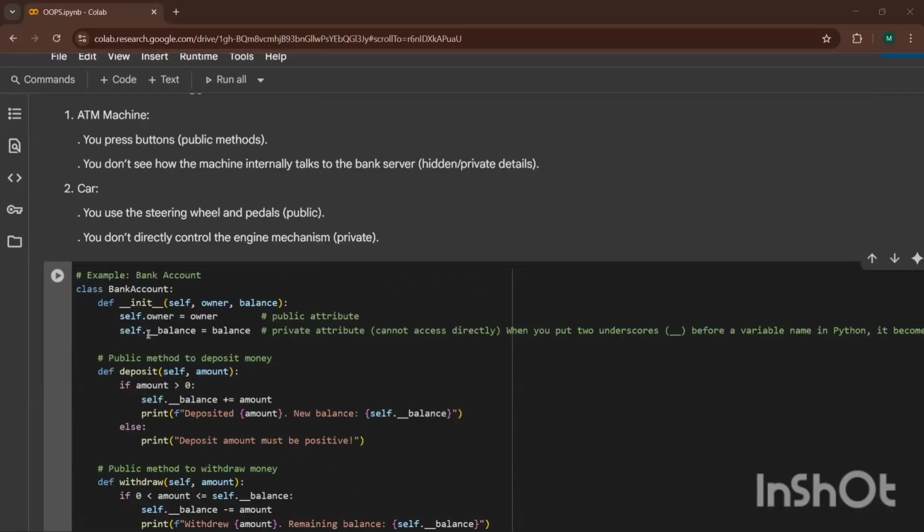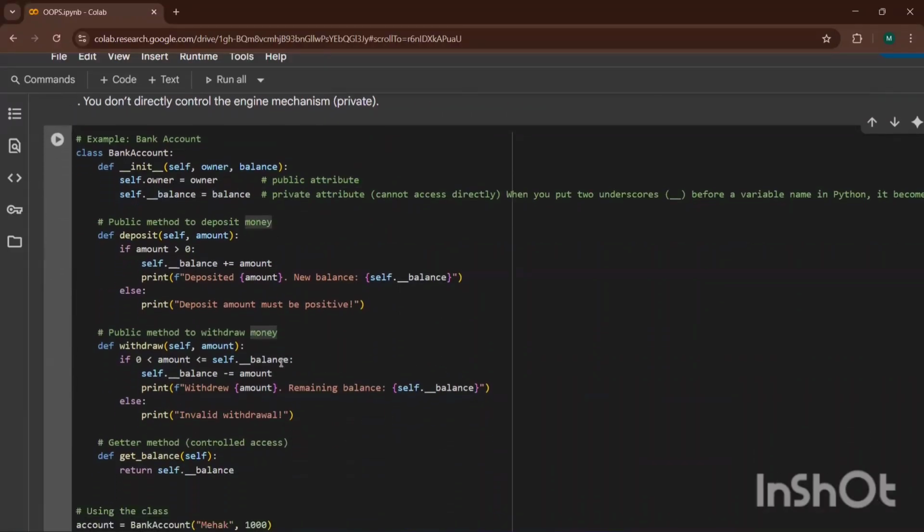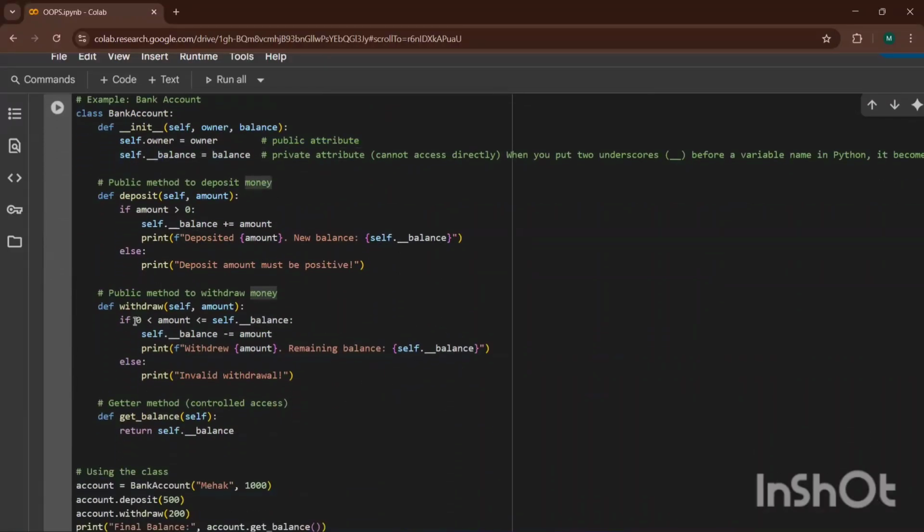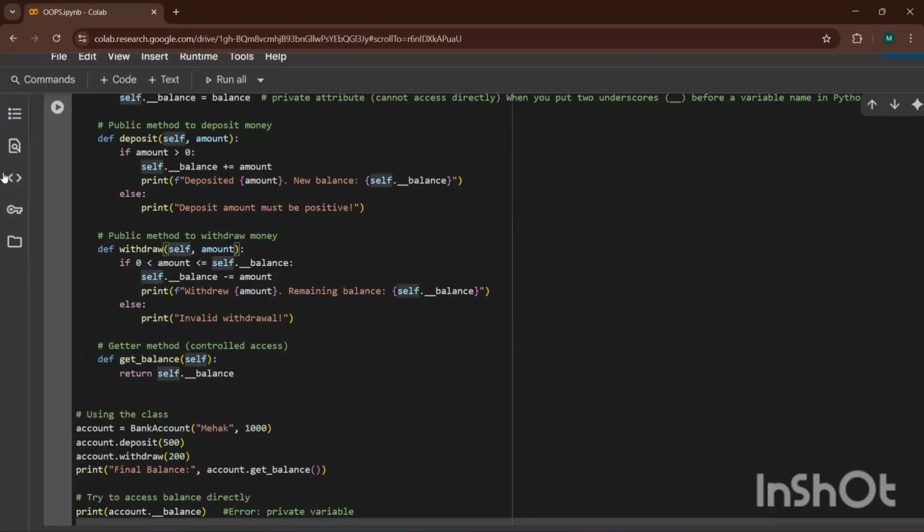Ankita, self dot double underscore balance is a private attribute. I am putting two underscores to make it private. After that, 0, this thing. Now my amount is between 0